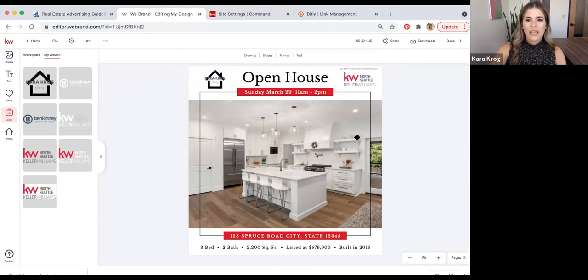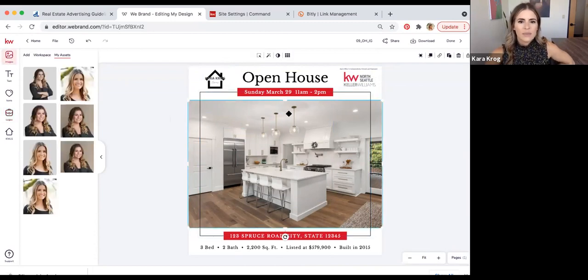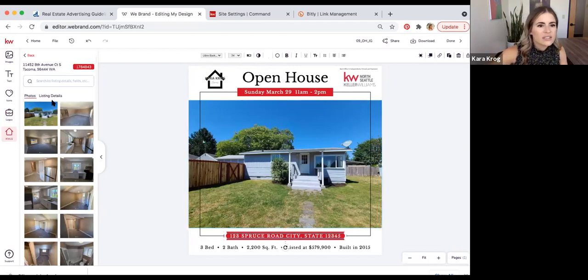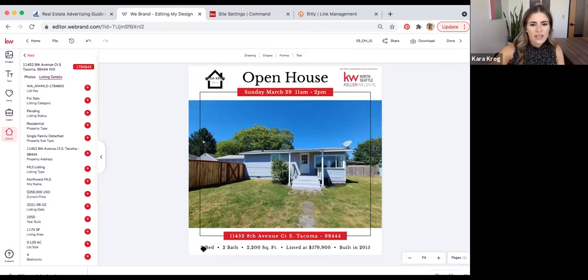All right, now I want to have this picture of the property. So I'm going to click this graphic back here and go back to KWLS and then switch this over. That looks really great. I'll put the date on here. Again, we'll need the address. That's easy to do. Perfect. And then I'll just update all this stuff the way that I did before.